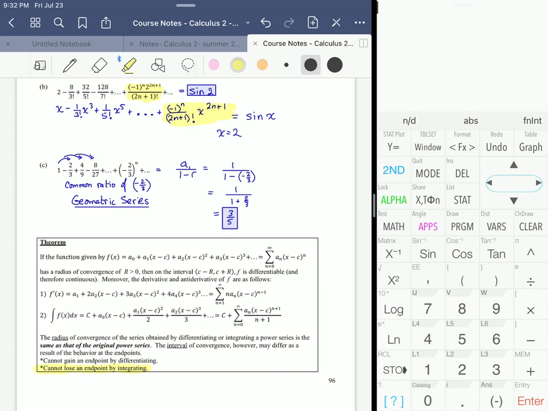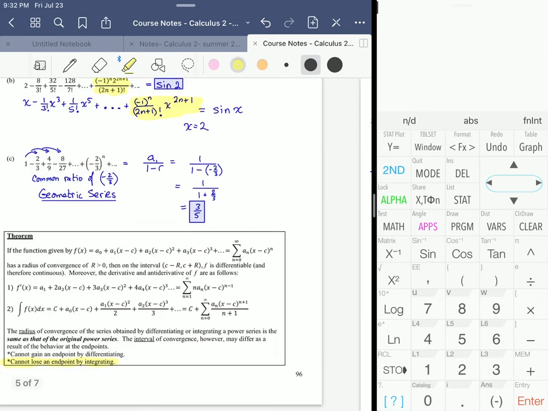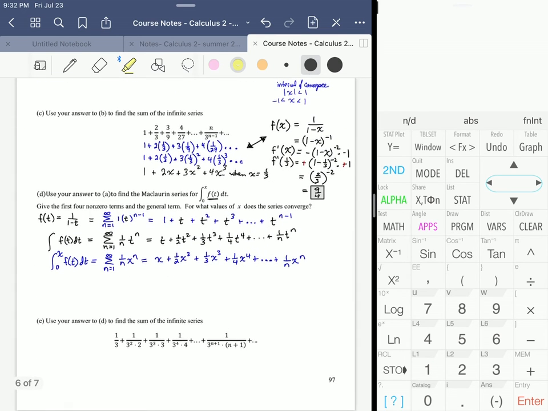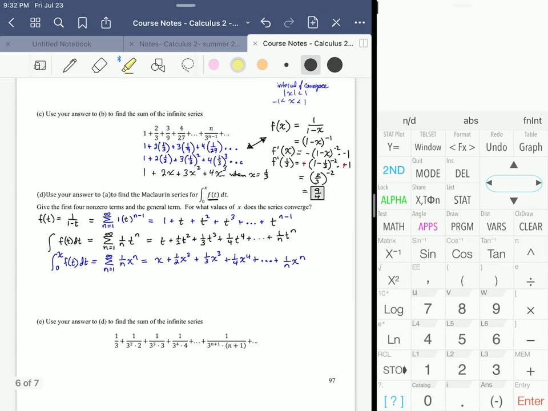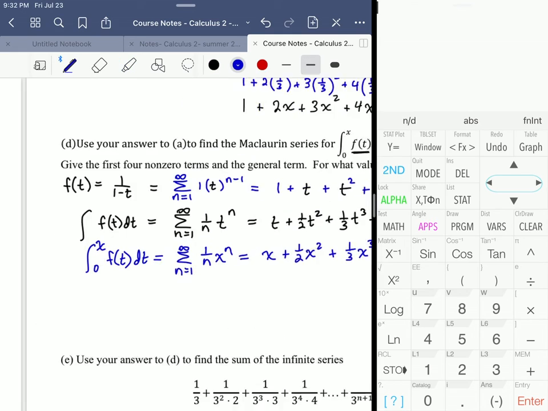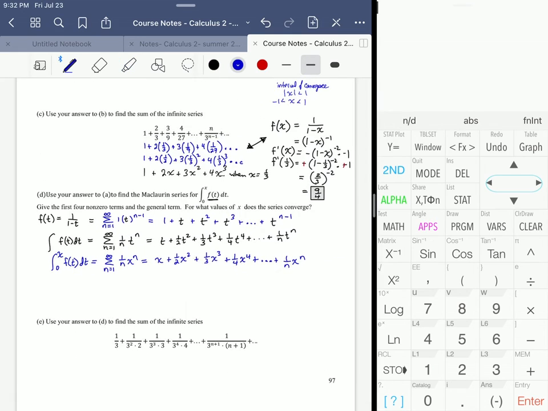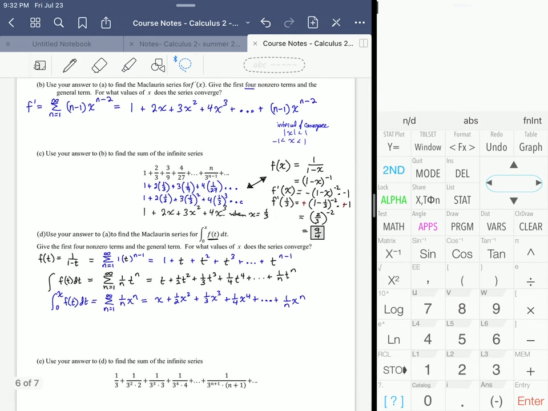But it doesn't say anything about retaining an endpoint or gaining an endpoint, which are possibilities. So we have to account for that. And the way to account for that is by testing them. All right, the possible endpoints, as we know, the interval of convergence